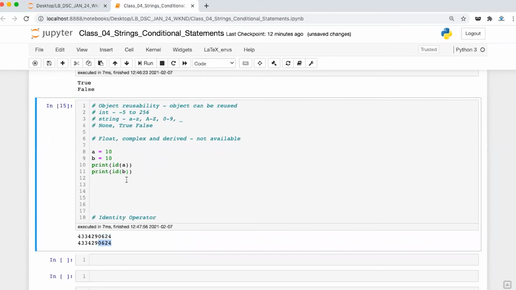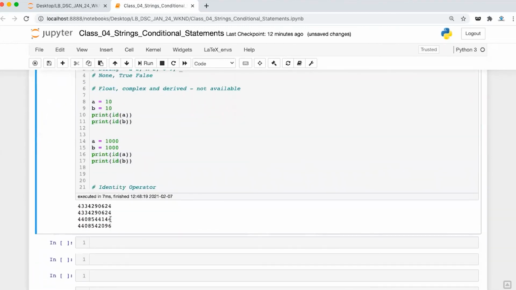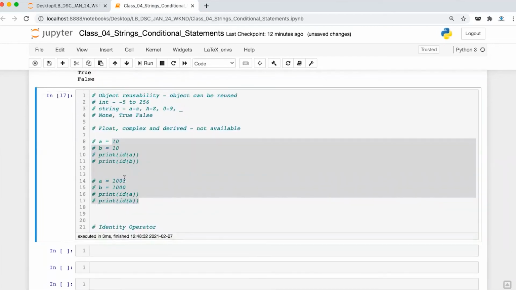Correct? In both these cases, the ID is the same, or the memory address is the same. And if you take a different number which is not defined inside this range, it will show you that the address is not the same. So execute it and you will see that the address is different. Why? Because they are not falling in this range.